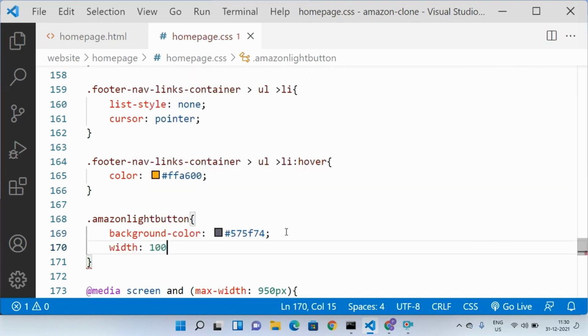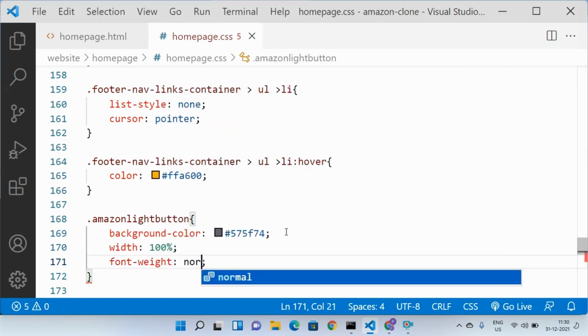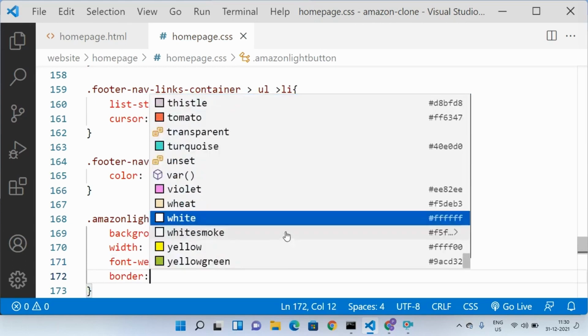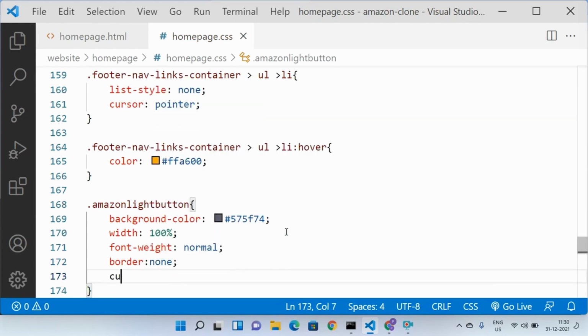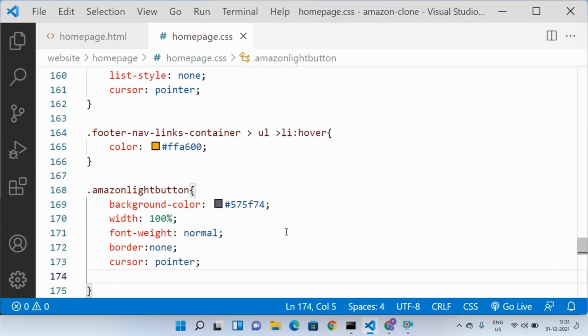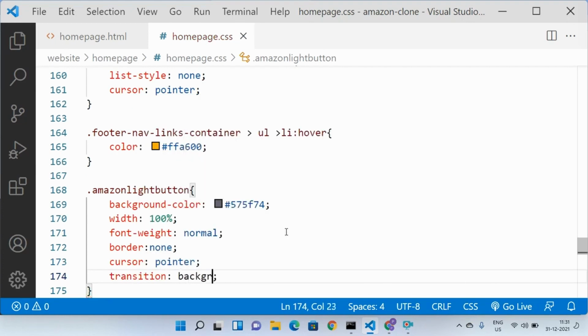Width 100%, font weight normal, border none, cursor pointer, transition, background color.